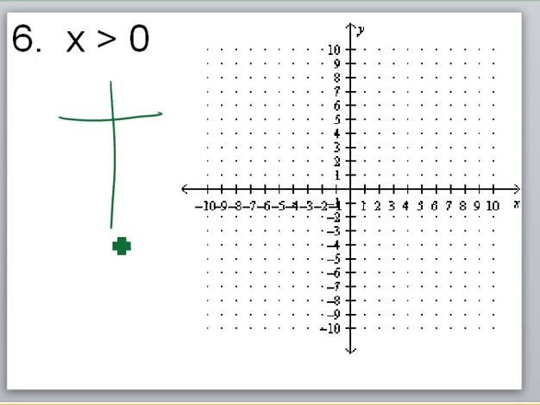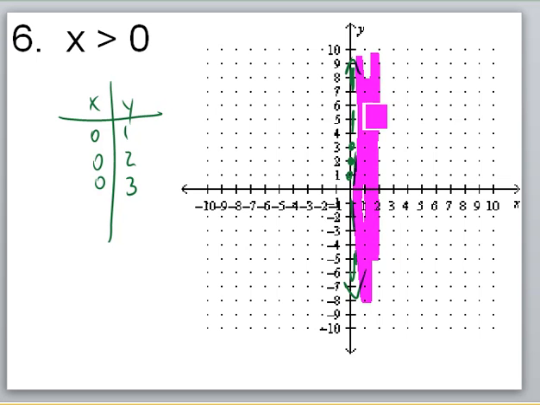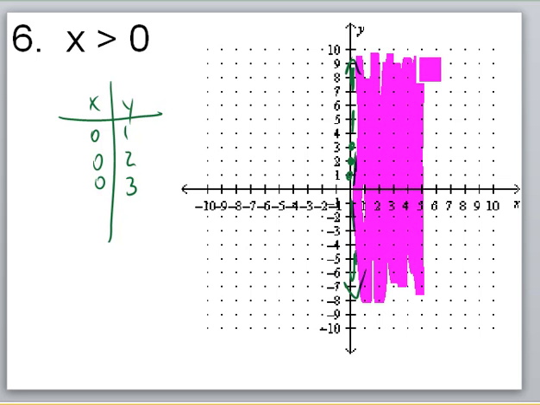This next one is the x equals equation. What that means is that x is always 0. It doesn't matter what y is, but x is always 0. So I have 0, 1, 0, 2, 0, 3. It's a dotted line. This time, since it's not above or below, it's right or left. Where is x greater than 0? Well, that would be on this side. So I would be shading to the right-hand side because all